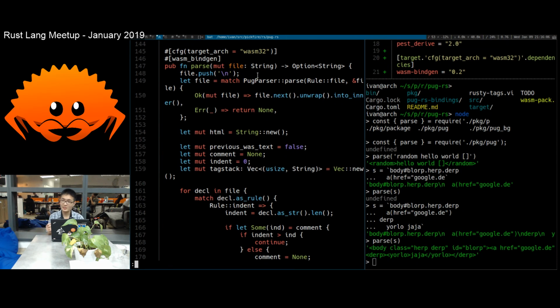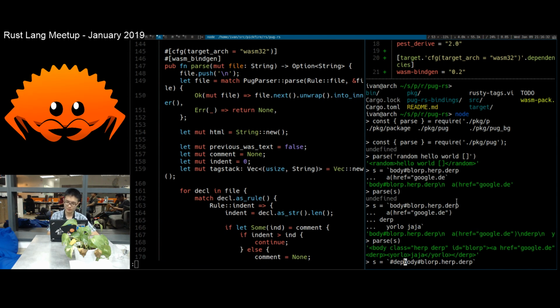Or is this function just the one that you see in Node.js? This function parses that section. Okay. So it's actually parsing the input template string into HTML. Yes, and if there's an error, like